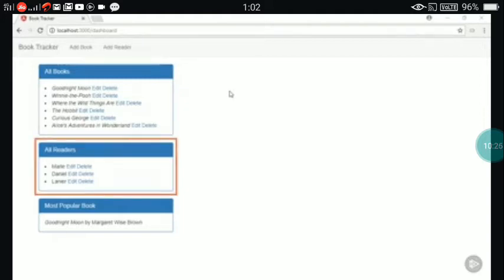The second lists all of the readers using the app, and the third is a short section that lists the current most popular book. All of the data you see on the screen now is currently hard-coded in the client code. Throughout the course, we're going to change that, and I'll show you simple as well as sophisticated techniques for retrieving